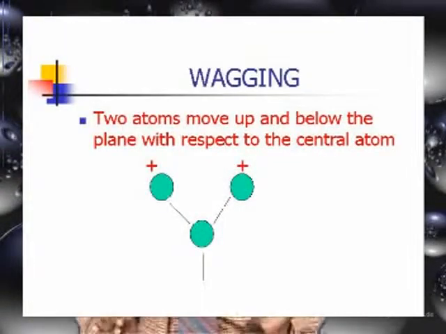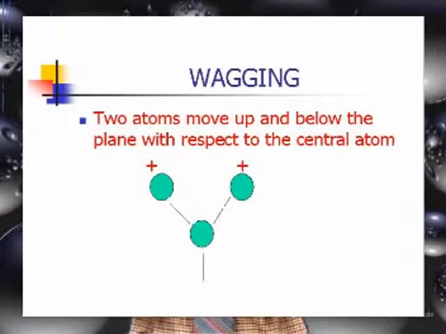At the same time, the remaining two are out-of-plane bending frequencies. One is called wagging, another one is called twisting. In wagging, it's out of plane. For example, the central atom is in the plane, and both atoms are projected out of the plane, perpendicular to it. I can show a model for you regarding this. For example, carbon in the plane, both oxygen atoms projected up or projected down. That is what is called out of plane. In the case of twisting, one atom is above the plane, another atom is below the plane. That is what is called twisting. These are the types of bending frequencies.